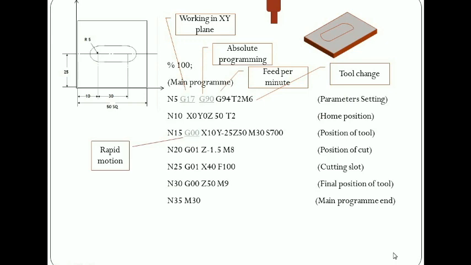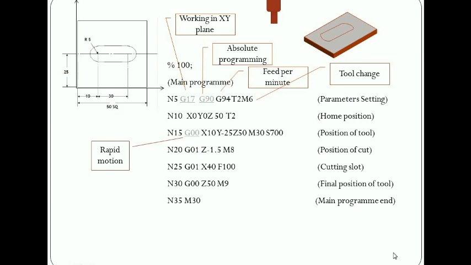Now the tool has to be retrieved to the top surface. For that again I am using G00 Z50, that is the rapid action. Tool is moved upward, only in upward direction, not in X and Y direction. That's why only Z is given. Z is equal to 50. It means the tool is right at X40, Y minus 25, and now it has moved only in that direction. So tool is retrieved completely out of the workpiece.